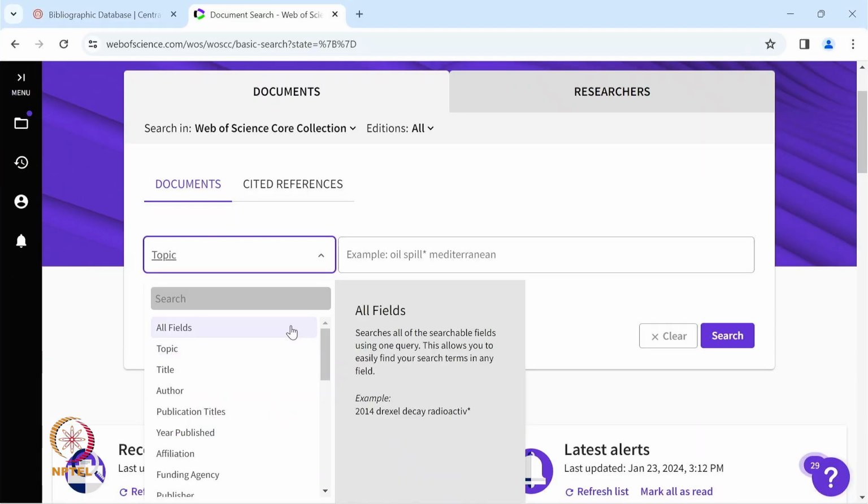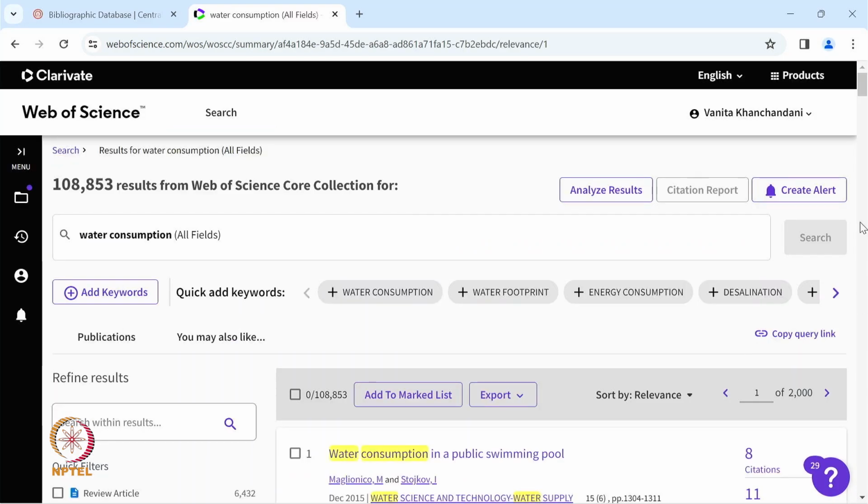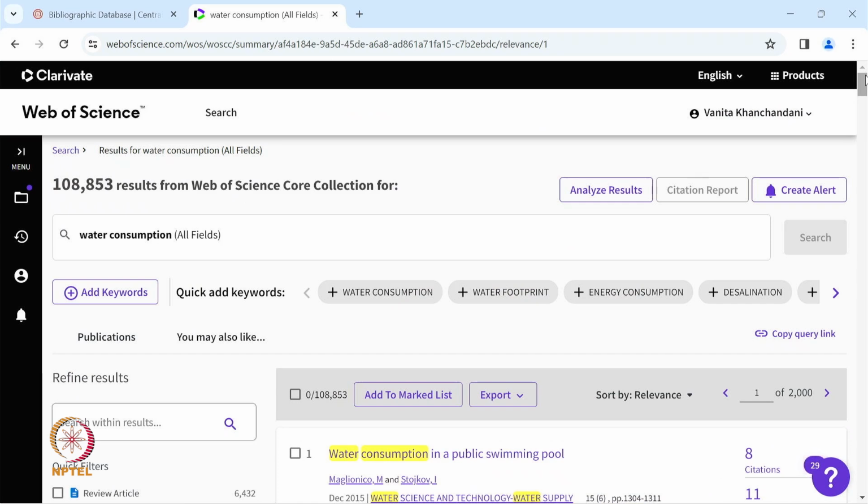In document search various fields are there like topic, title, author, publication titles, year and so on. So I am taking one example in all fields, like water consumption. You can take any keyword. So one can see that we have got 1,08,853 results,